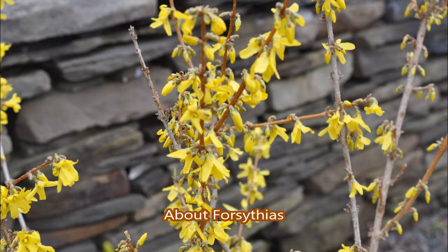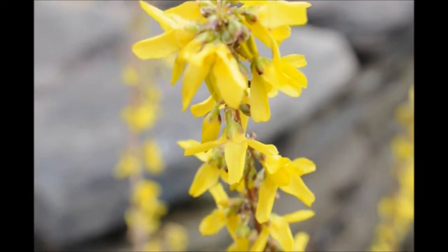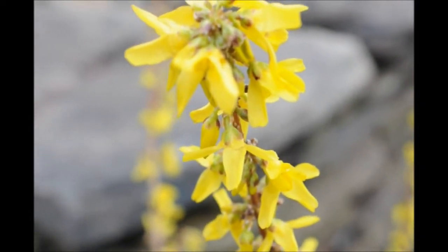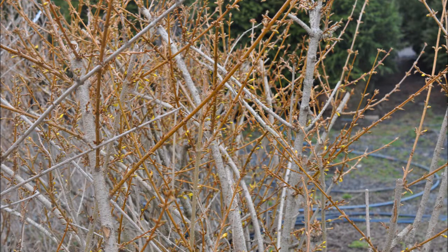If you have a location that you're having trouble growing other plants in, such as underneath a black walnut, the forsythia can grow. The one thing is that the more light you give the forsythia, the more flowers it'll give you. So if you do decide to plant it underneath another tree, it'll grow fast, it'll flourish, but it may not have as many flowers as you see ones that are in full sun. But taking that information and using it, you can still use this plant and be very effective for screening